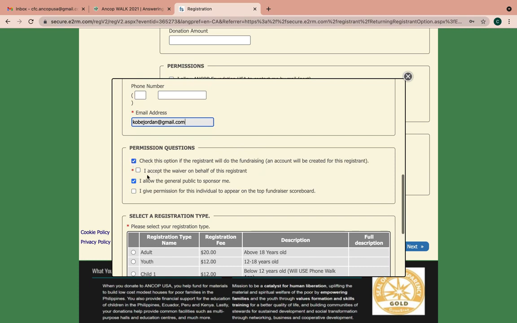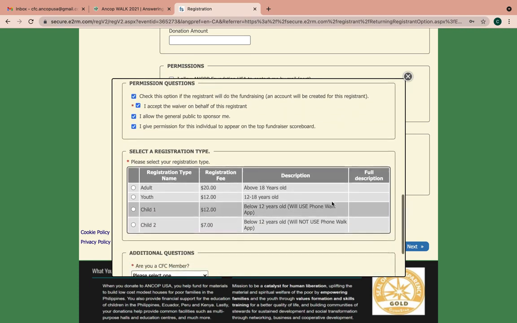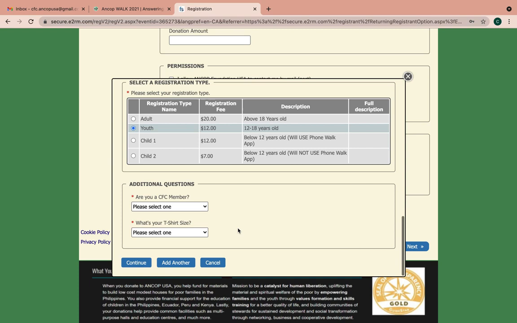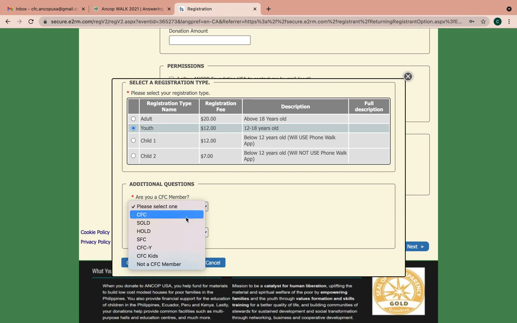There's also permission questions. The second checkbox is mandatory for the waiver. And if he's doing his own fundraising, you'll have to check the first checkbox. The last one is to be in the fundraiser scoreboard. And so for this one, it's a youth. So I'll pick that one, 12 to 18 years old. Again, we'll have to pick the ministry that he belongs to, in this case, CFC Youth. So I'll pick that. The size of the shirt,